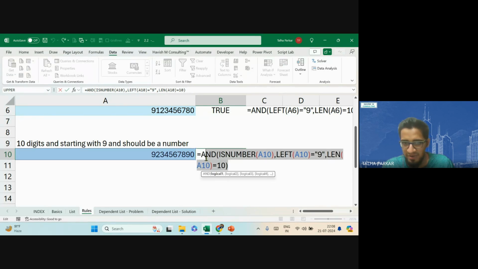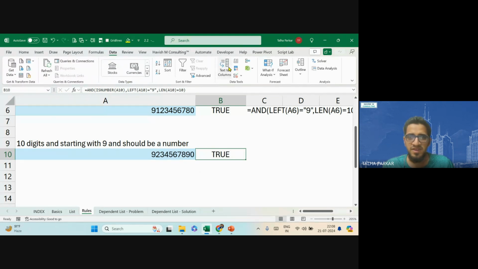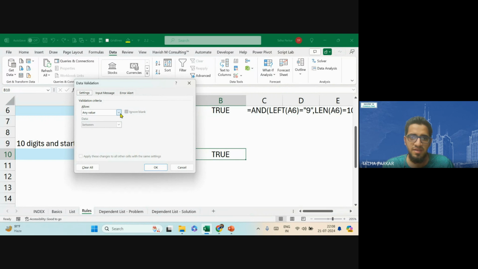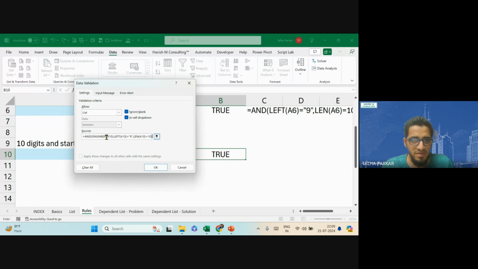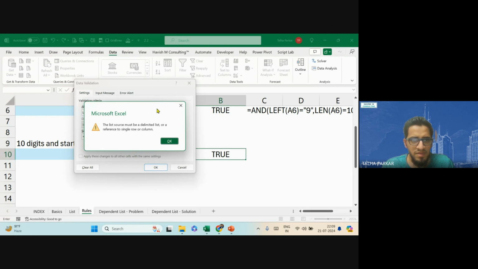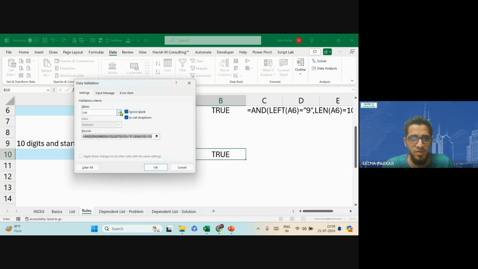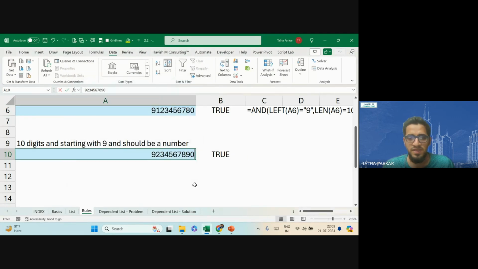Then you copy this same condition into the data validation cell. So come to data, come to data validation, come to list, and then in your source you can paste that. This source must be, sorry, not list, my bad, custom, and it will accept that as a formula. If you try to enter anything else here, it will